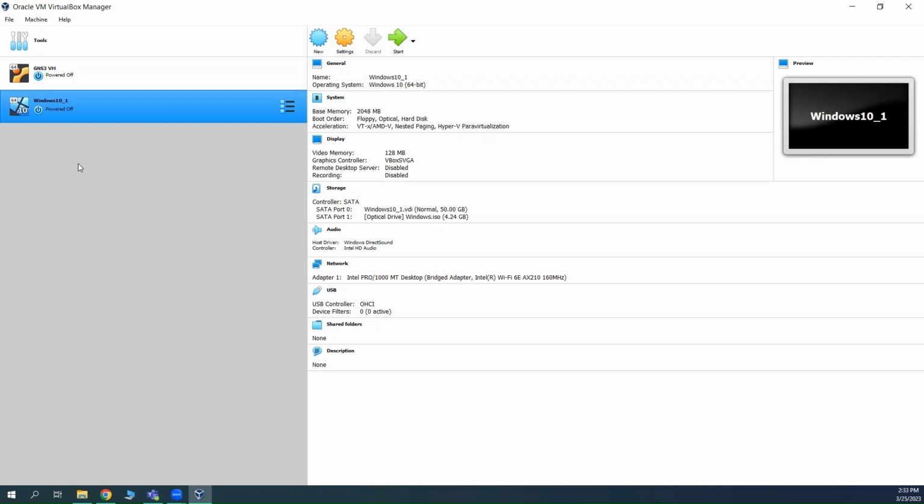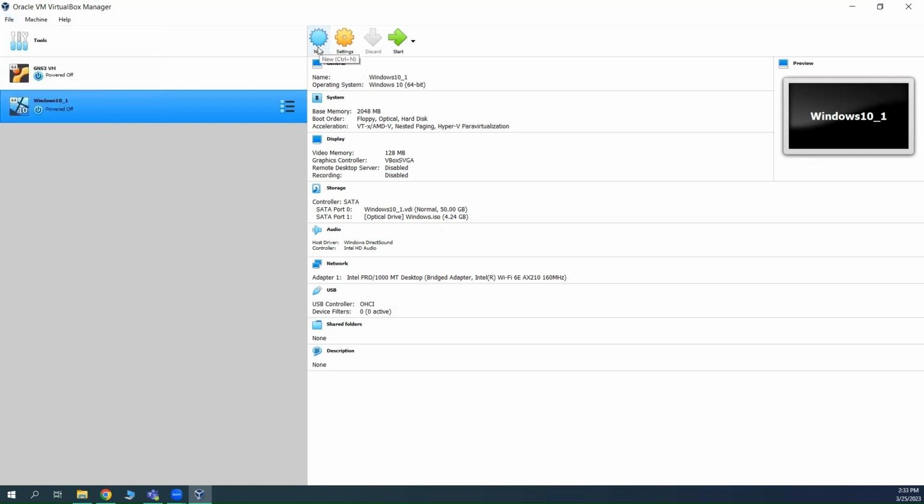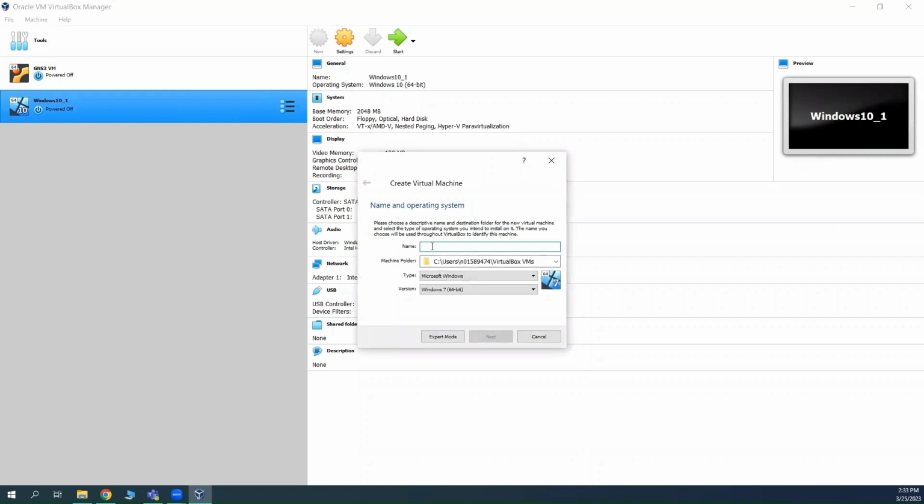Okay. So to install a Windows 10 virtual machine, you can do it by using File and then Import Appliance, or you can go to New. If you click New, it will come up with a new window and then you can install a new virtual machine. So let's click New, then give the name. So for example,